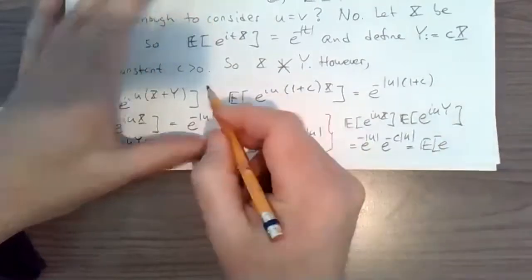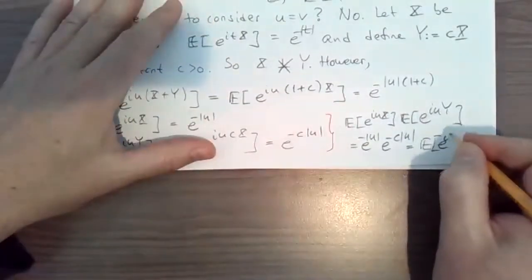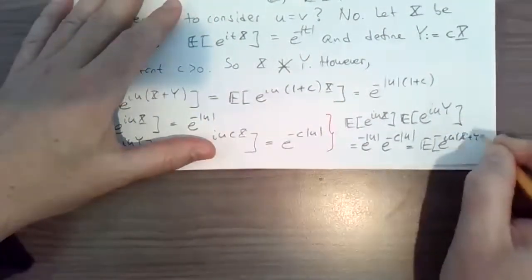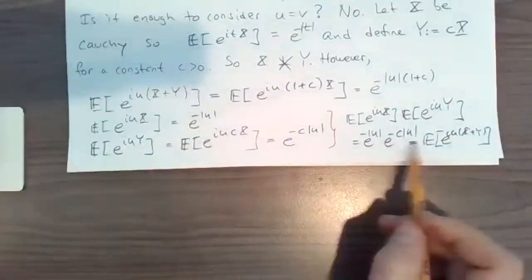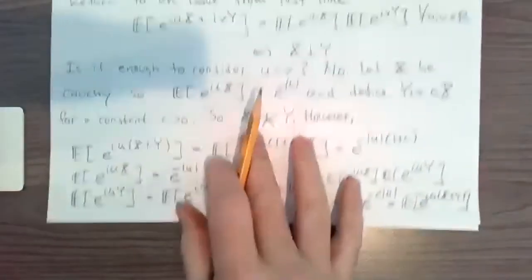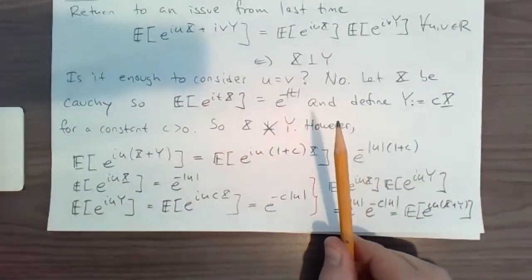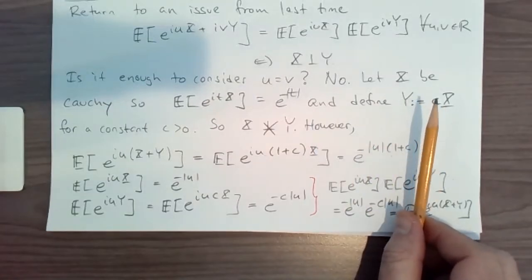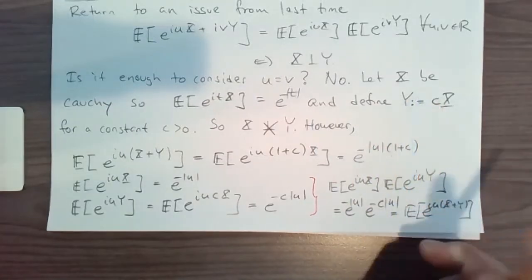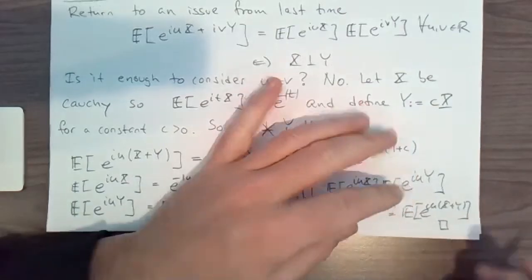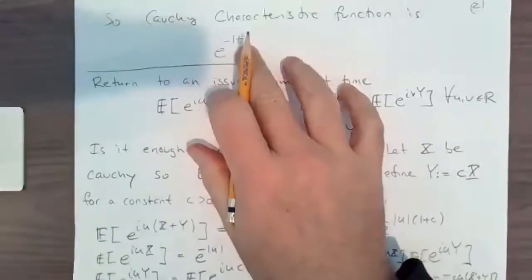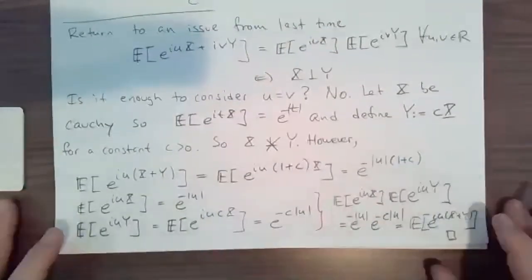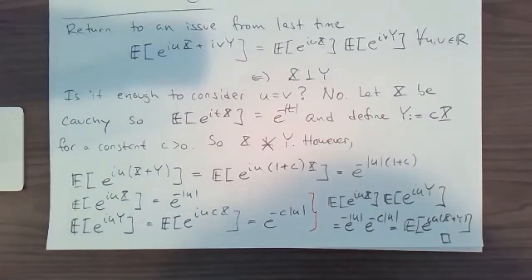So this is the same thing as that left-hand side over here, u of x plus y. So it factors on the diagonal, but you do not have independence. I'll put in this example here because now we have the characteristic function for the Cauchy, and this here is an application of the Cauchy